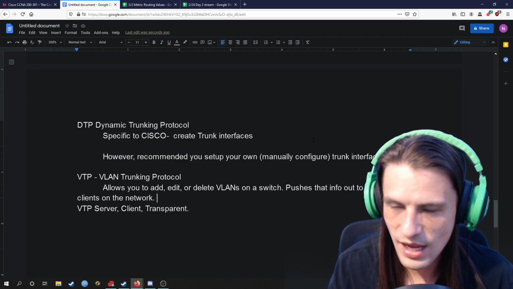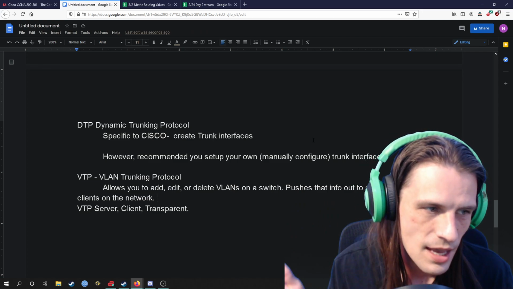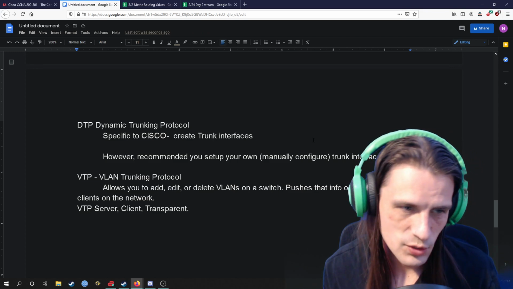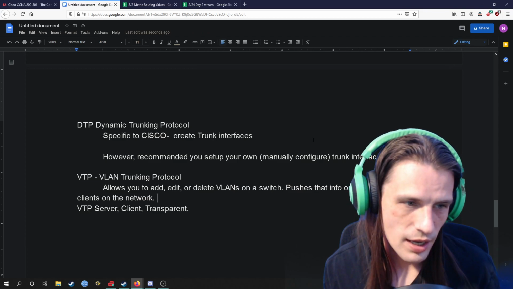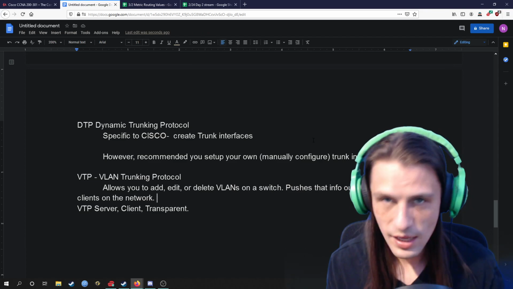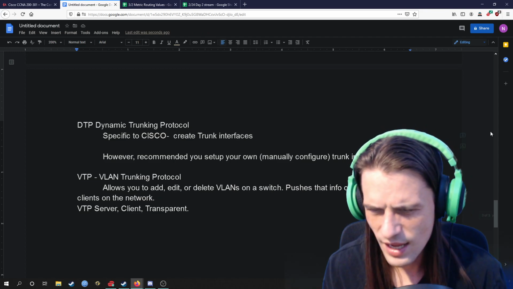You're going to have to make those on every single switch because you're going to need to use them on those interfaces, right? However, with VTP, you can just designate one or more than one of your switches as a server, and then you create them on there, and it will push out to all the clients. That being said, even though you can have multiple servers, one server is like the server of servers, and that's